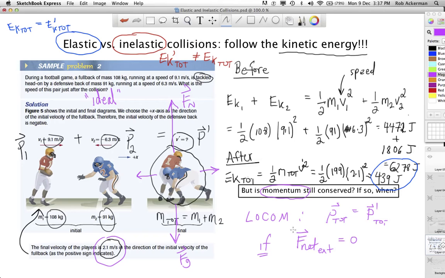And therefore, in this question, we're going to pretend that momentum is conserved. But in general, in any other kind of question, is momentum conserved? Yes, if the net external force is 0. Is kinetic energy conserved? If the total amount of kinetic energy before the collision is equal to the total amount